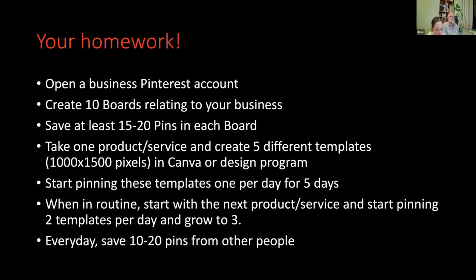Can I ask, is that what I thought you meant by templates, creating a template for one type of product? Is that not what you meant? Okay, I will go back. Yeah. New share. I'll go back to